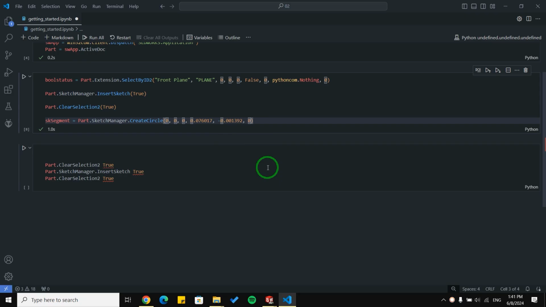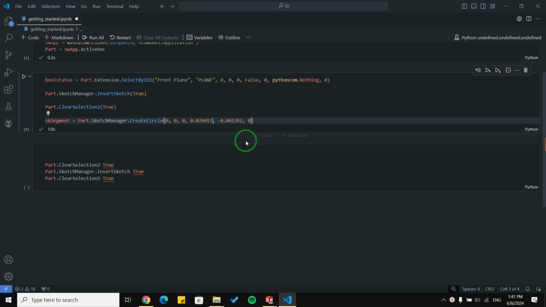So the first three parameters are the coordinates of the center of the circle. So all of them are 0, 0, 0. And the next three are the X, Y, and Z of the point that determines the radius of the circle.